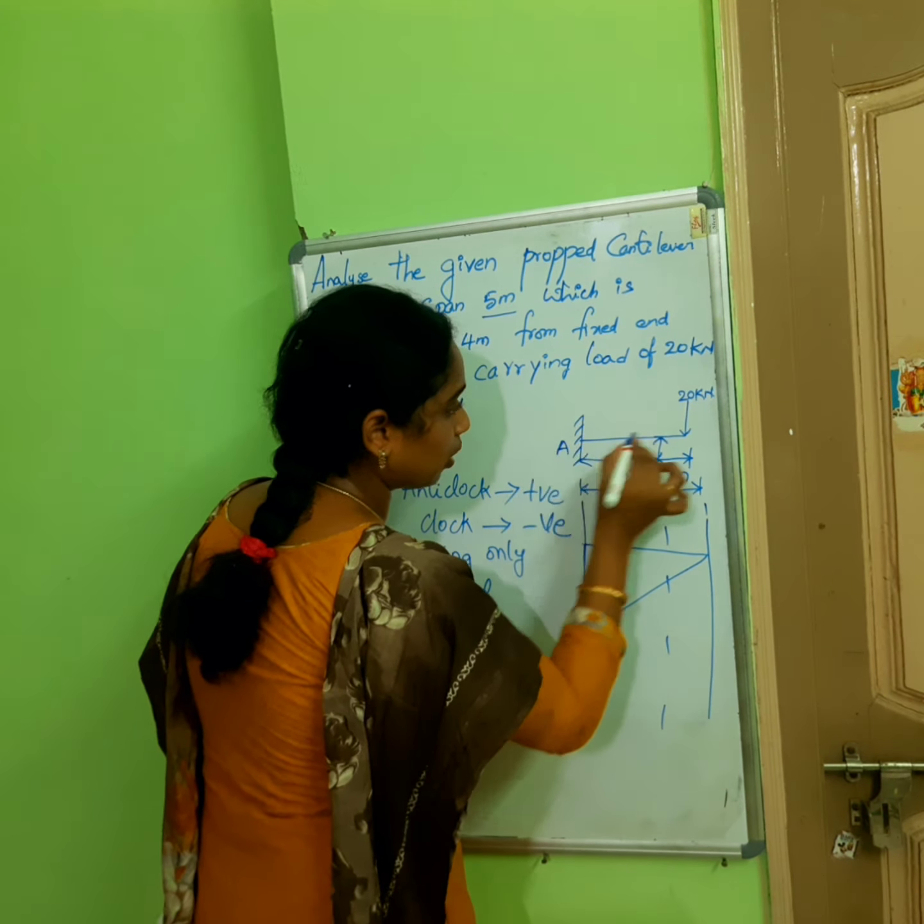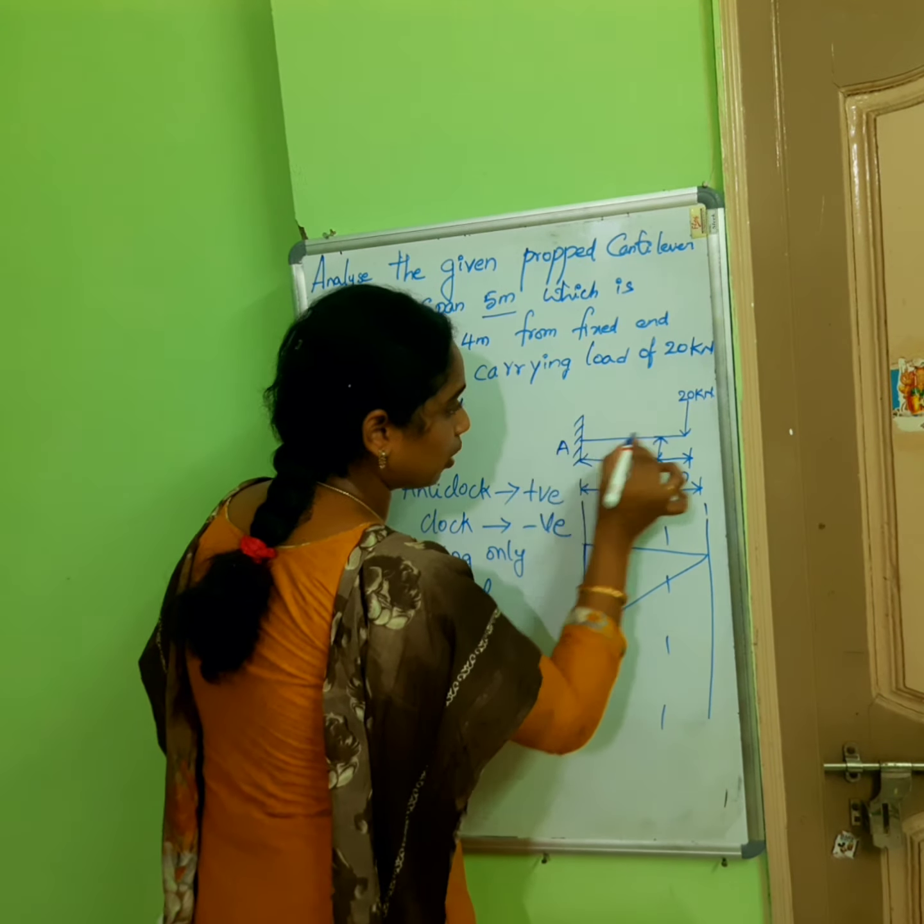So deflection at C means 80. It is moving in which direction? It is moving in anti-clockwise direction. I have already discussed, I have taken anti-clockwise as positive, so I am taking that as plus. 4 into 20, I have calculated the area. Next, X bar is how much?